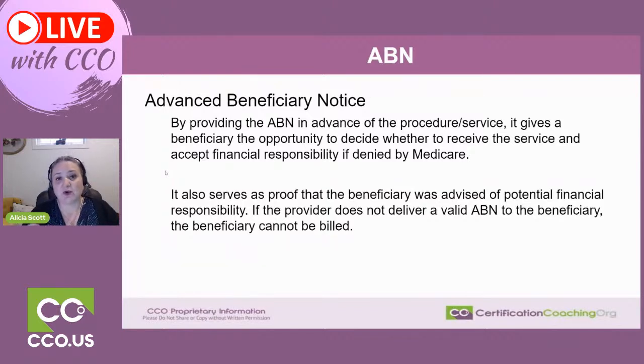But for a date range, that's not as important as the total cost. So you might want to be ambiguous in the date range and state that this is a service that's going to be performed, and the standard would be 4 treatments, and those 4 treatments would be expected to cost X amount of dollars, and that anything above and beyond that would, make it very clear, would necessitate another ABN, or